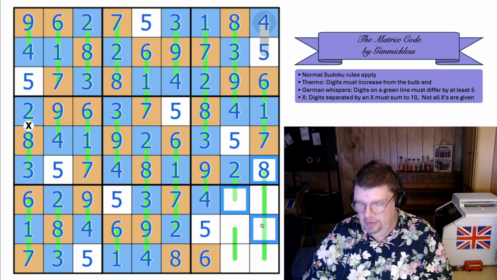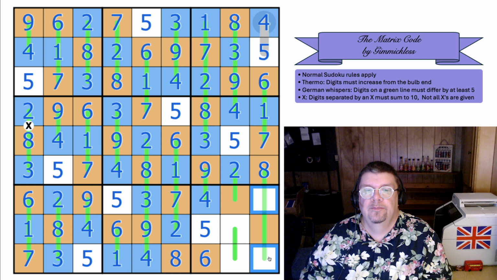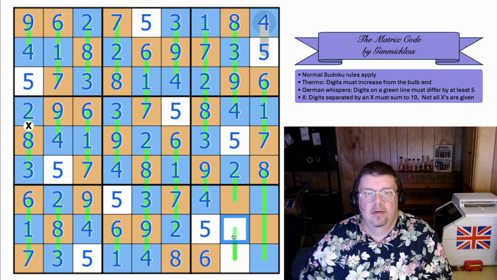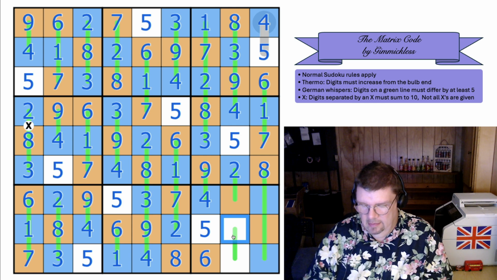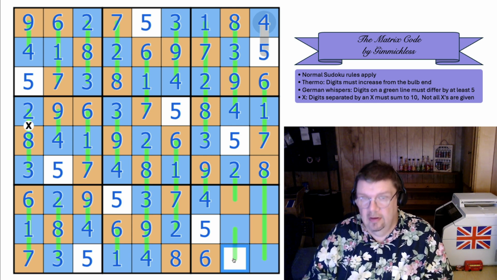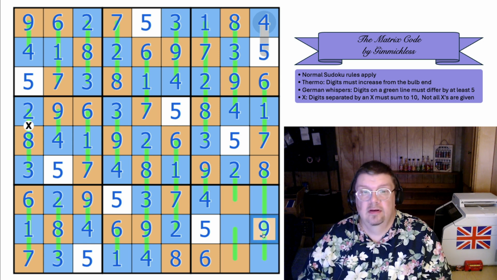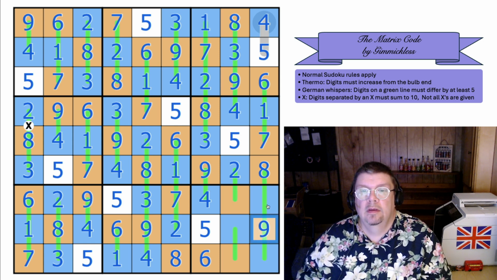These are high digits. These are low digits, and by the row, that is a low digit, that is a high digit. We have now completed our colouring. That is 9. I need a 3 and a 2,